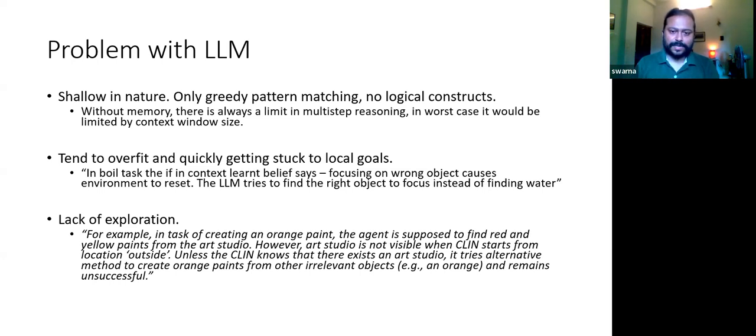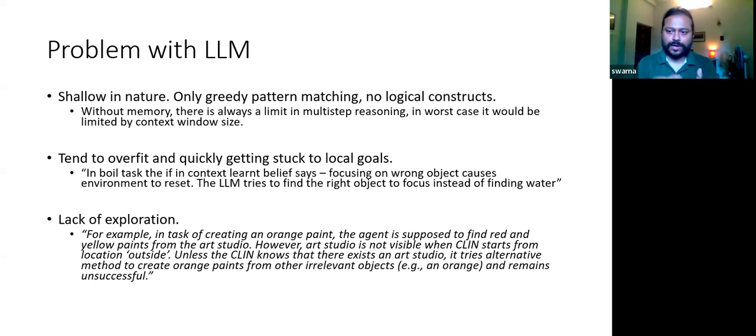There is one example while solving the ScienceWorld environment. There is a boil task, where you have to boil a specific liquid. Within this environment there is another subtask where you have to focus on certain objects. Focus is a specific action, and focusing on wrong objects causes the environment to reset.